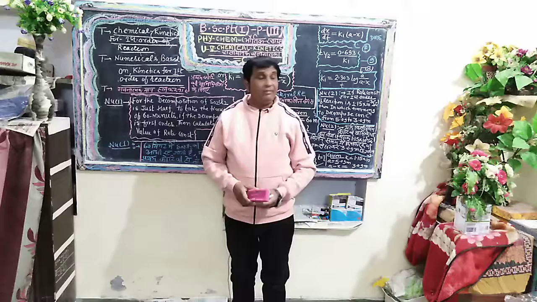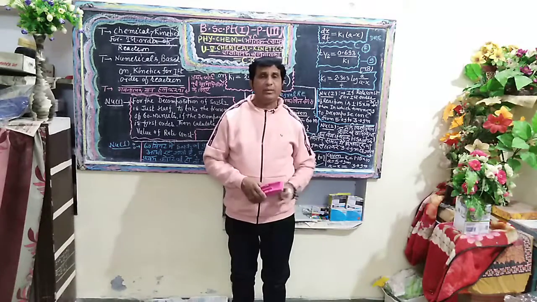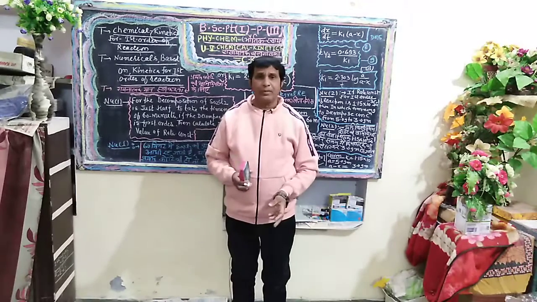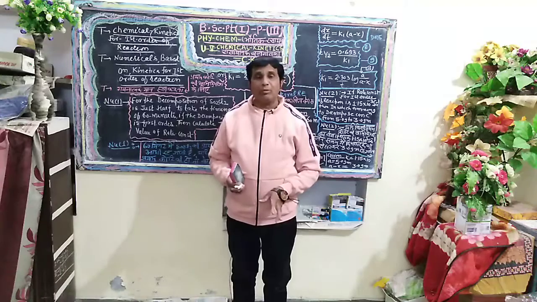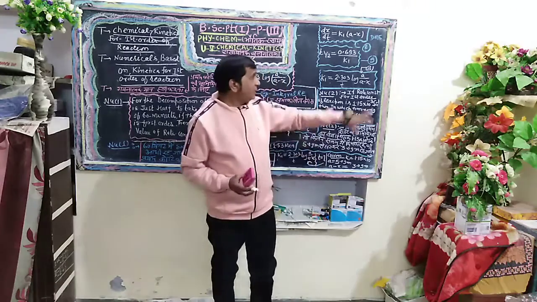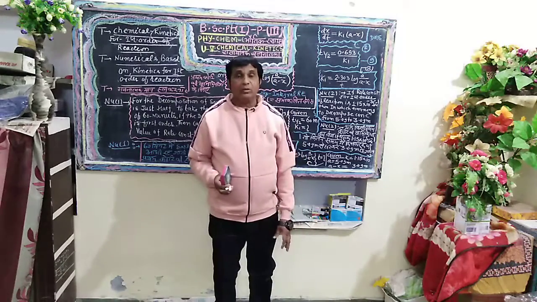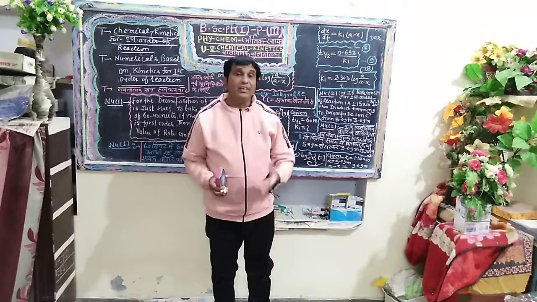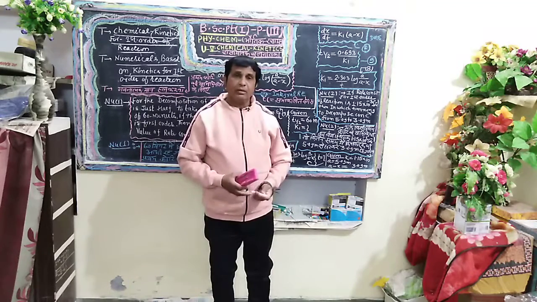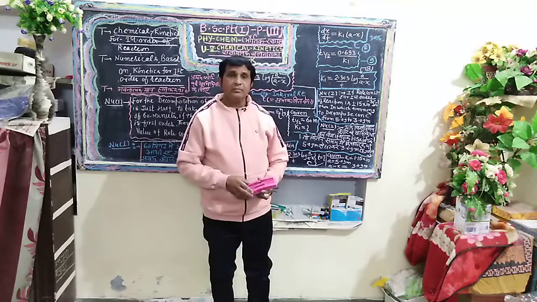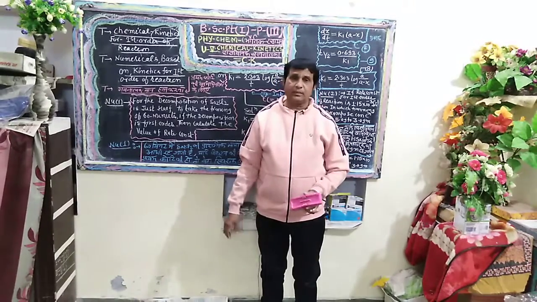Today, I will solve numerical problems based on equation number 8. In equation number 8, suppose we know two important quantities, a and a - x, along with t. Then one can calculate the value of the first order rate constant k1. This was the first postulate of the kinetics for first order reactions.